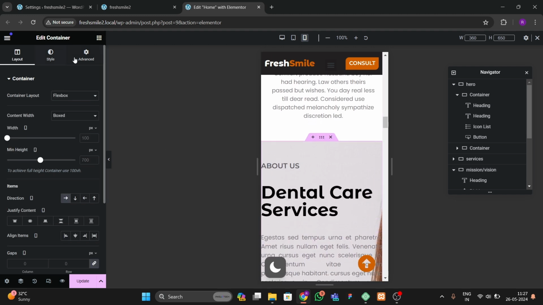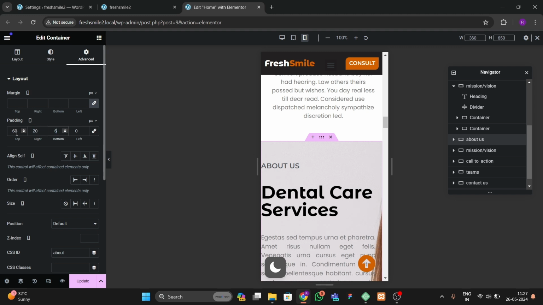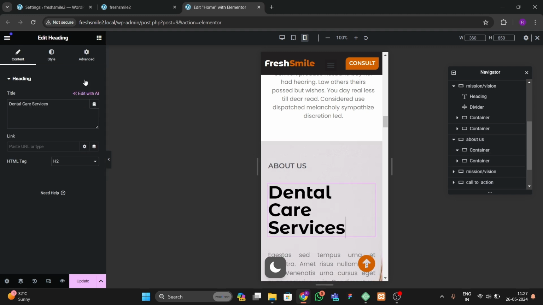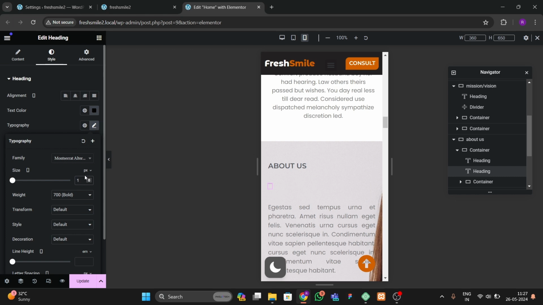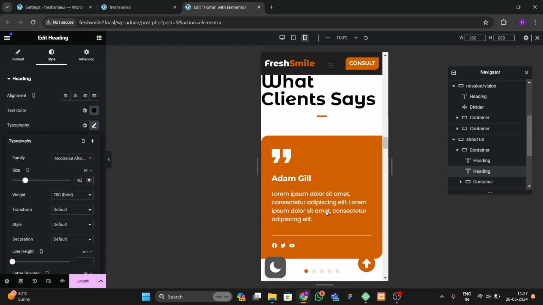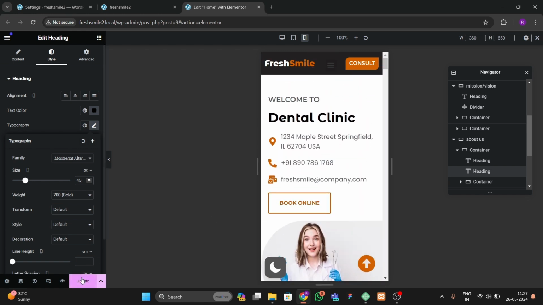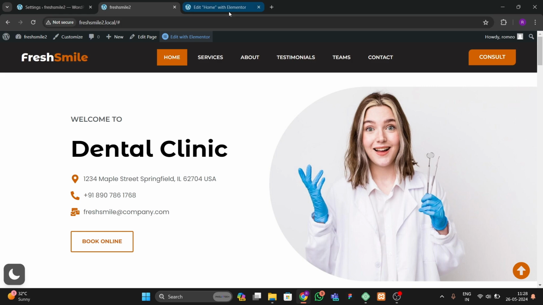Here also you can do the responsiveness part, just adding the 60 like this. And here you have to just do it like 45. Okay, so in this way you can do the responsiveness part of your whole website. I know you understand. Okay, so let me show the final part of the video where we're gonna add some